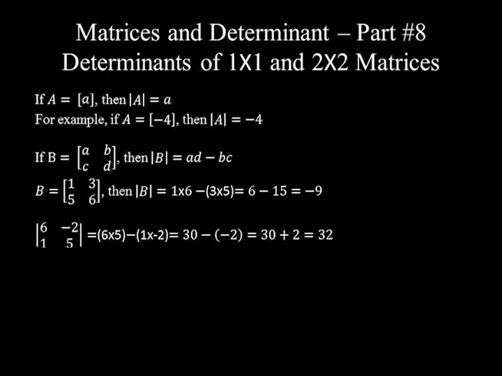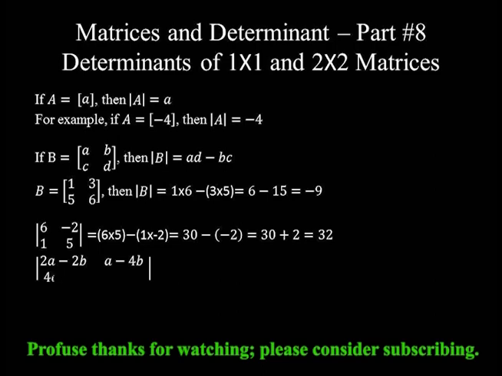Let me add one more. Determinant of a matrix with first row elements 2a minus 2b, a minus 4b, and second row elements 4a plus b, 2a plus 2b is equal to the product of main diagonal elements, that's 2a minus 2b times 2a plus 2b, minus the product of the remaining two elements, that's 4a plus b times a minus 4b, which is equal to